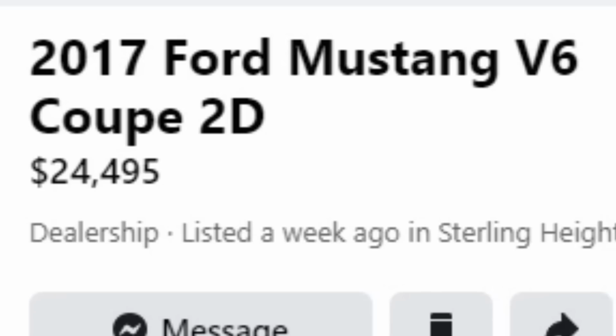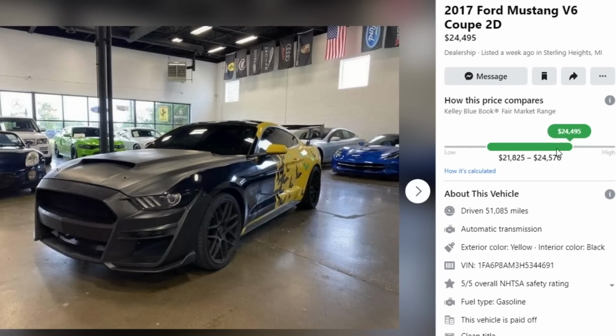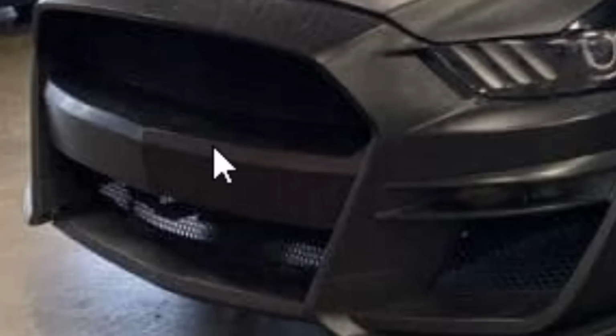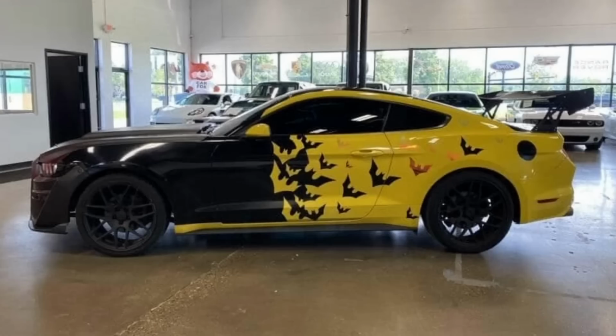2017 Ford Mustang V6 Coupe, 2-door, $24,495. That is on the higher end, but it is still within the decent price margin, so I guess Kelly Blue Book is going to let this one slide. Anyways, let's see what you get for that price. This is a V6 after all, so the GT500 front end is a little weird looking. The giant air intake hood is a little weird looking, but I know a couple V6 Mustangs that have superchargers on them. I happen to live with an owner that has that,